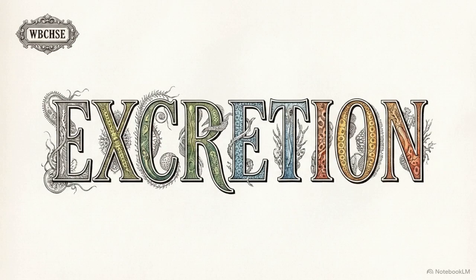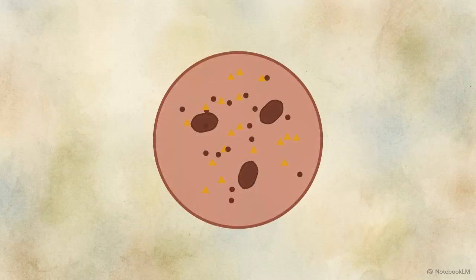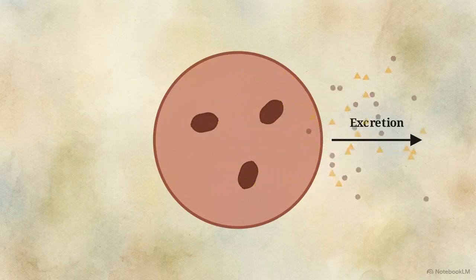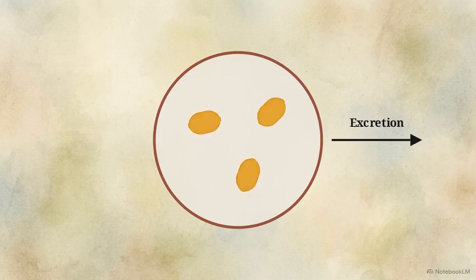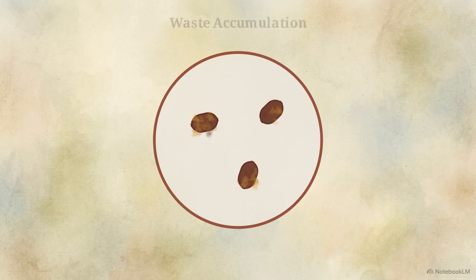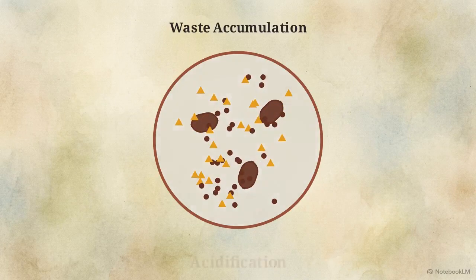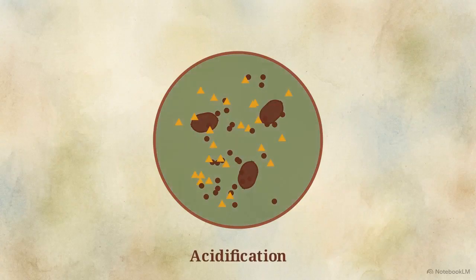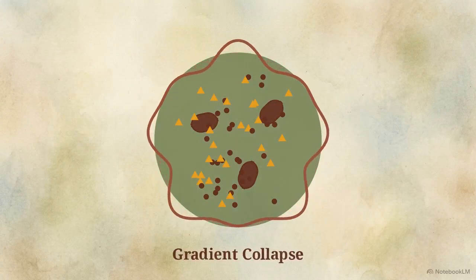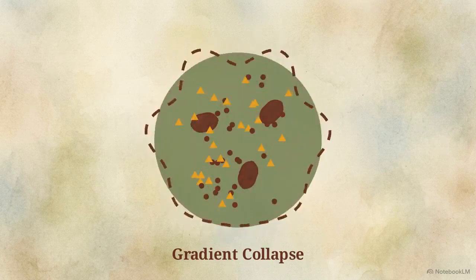For the WBCHSE Board, we define excretion precisely. It is the biological process of eliminating metabolic waste products and toxic substances to maintain internal cellular homeostasis. All metabolism inherently generates chemical exhaust. If these toxic byproducts are allowed to accumulate, the internal cellular environment acidifies, chemical gradients collapse, and the cell dies